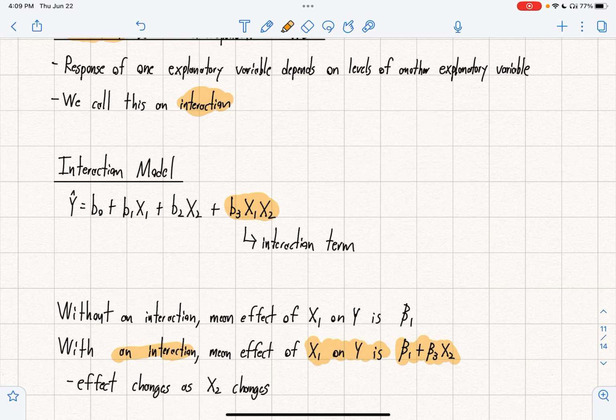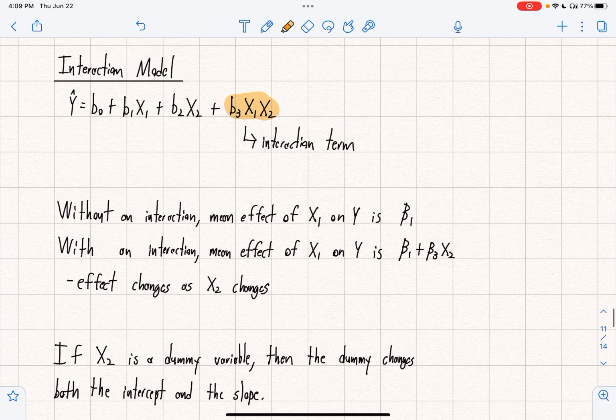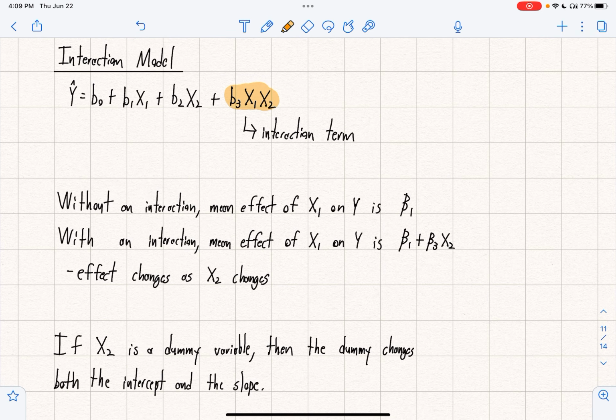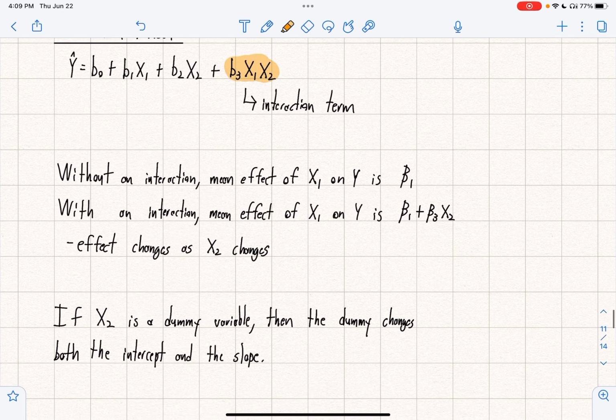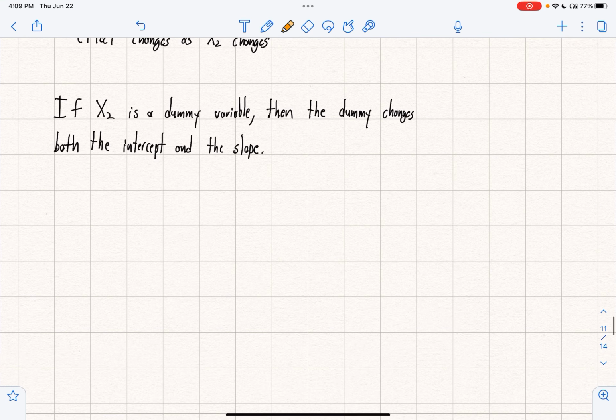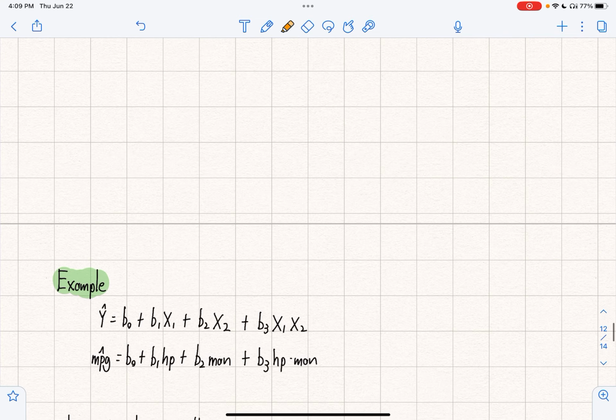So the effect of x1 on y changes as x2 changes. If x2 is a dummy variable, then the dummy will now change both the intercept and the slope. So let's go back to our example